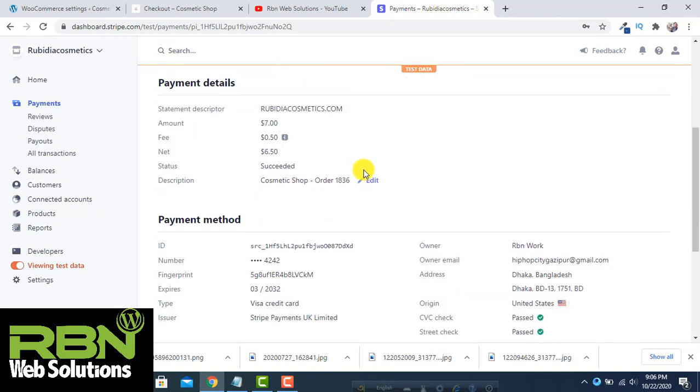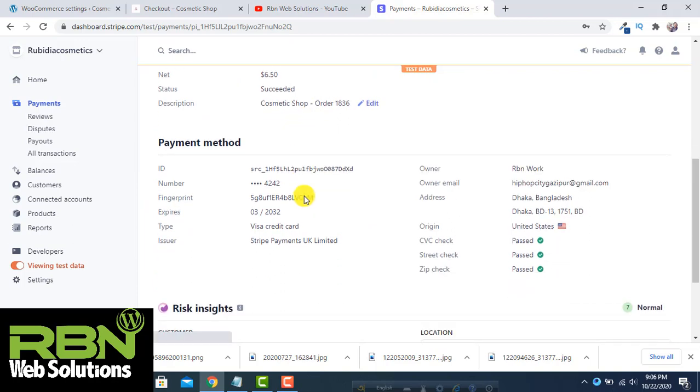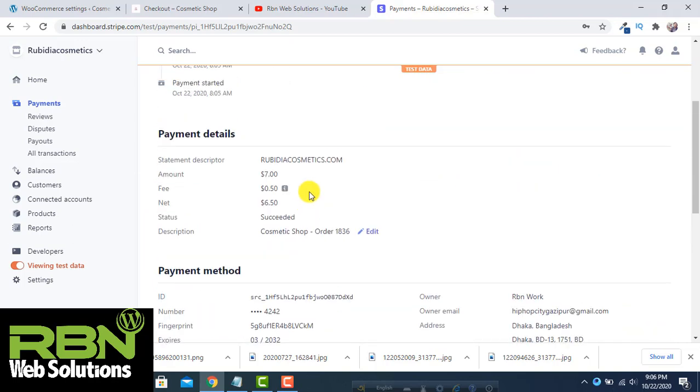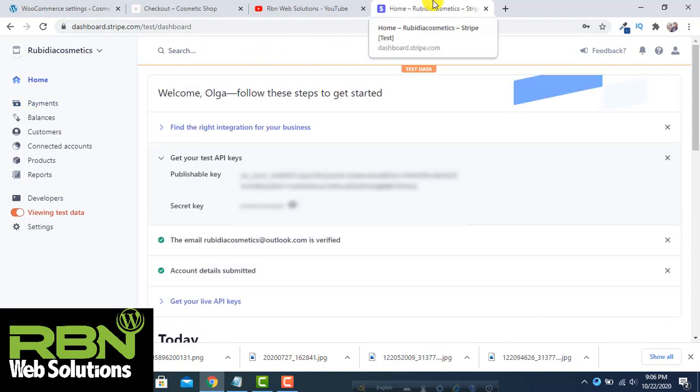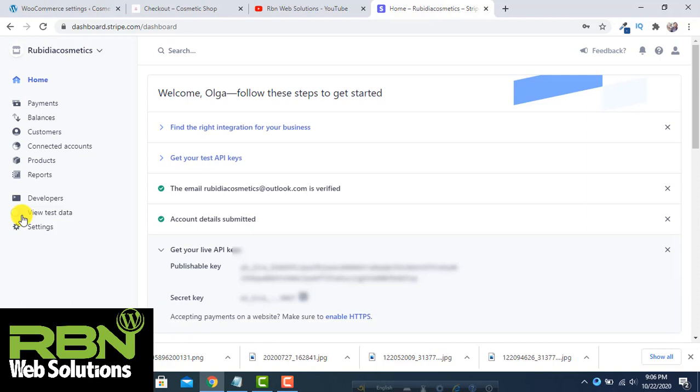Here we have all the description. So we are going to put here now the live API key, so people can make payment directly. So we have to turn off test mode, so click on there, and here you will see this is our live API key.